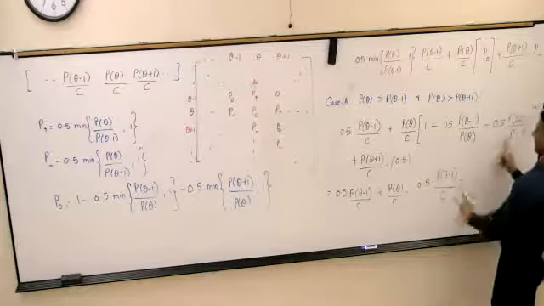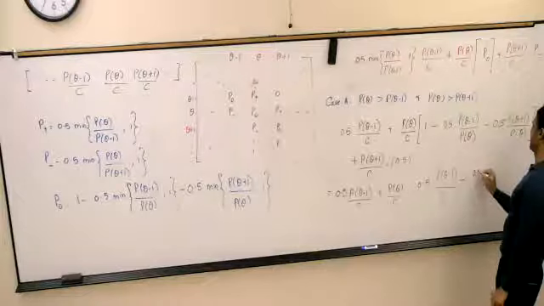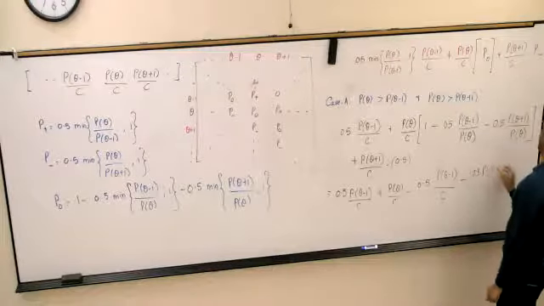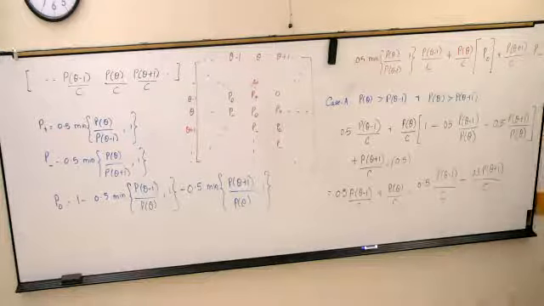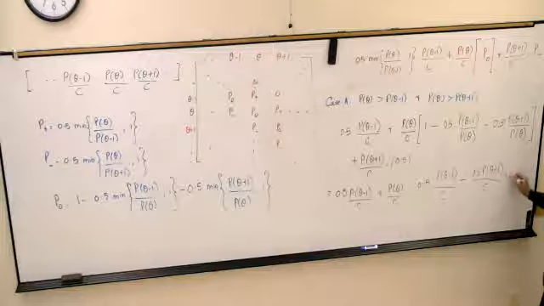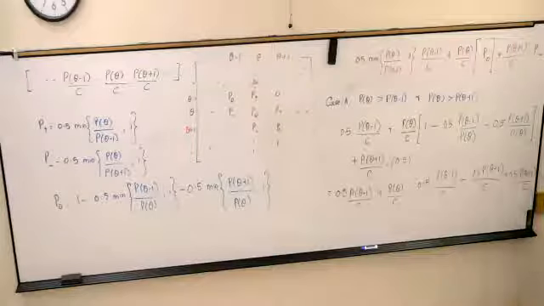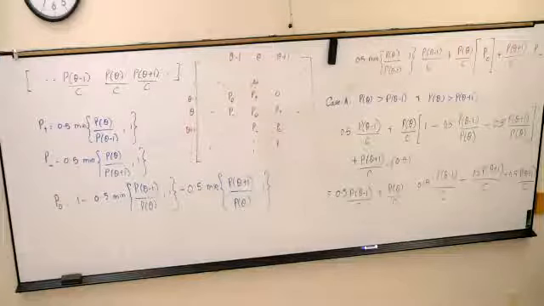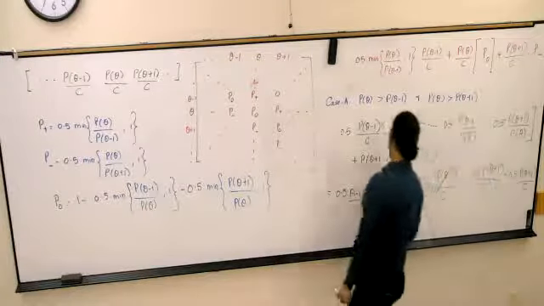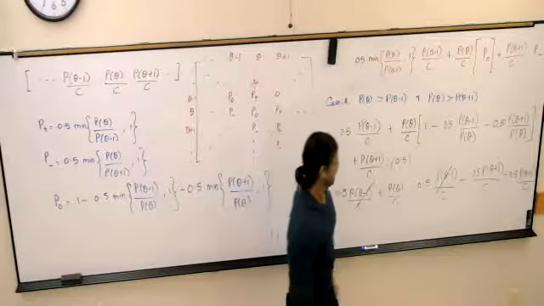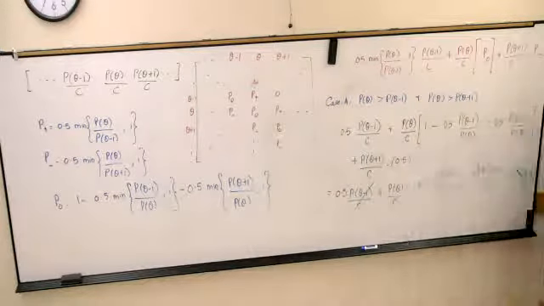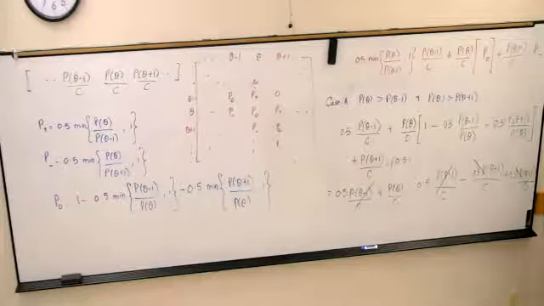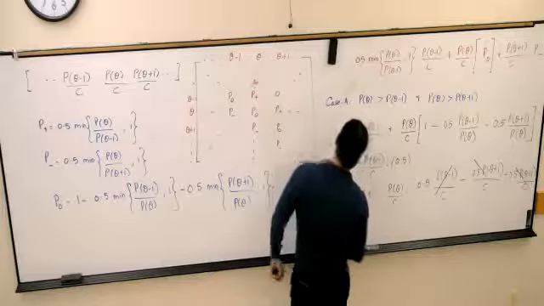Distribute to this term, you would have 0.5 P of theta plus 1 over C. P of theta will get cancelled. And lastly, you would end up getting 0.5 P of theta plus 1 over C. That term will go away. That term will go away. We'll simply end up having P of theta